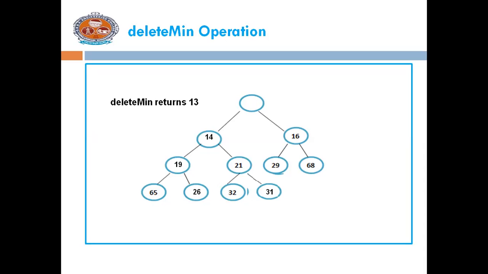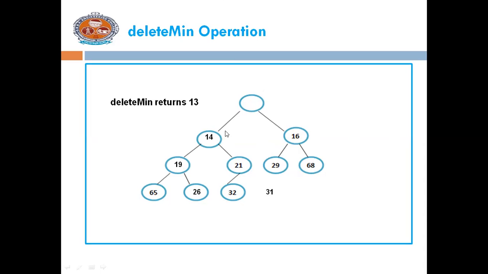So after 13 is removed, we must now place 31 in the heap, because according to the structure property this location is removed. So 31 cannot be placed in the hole because it would violate the heap order property. So now compare the values of 13's children, that is the left child 14 and the right child 16. It is very easy to identify a node's left child and right child. If a node is in position i, its left child is in 2 star i and its right child is in 2 star i plus 1.